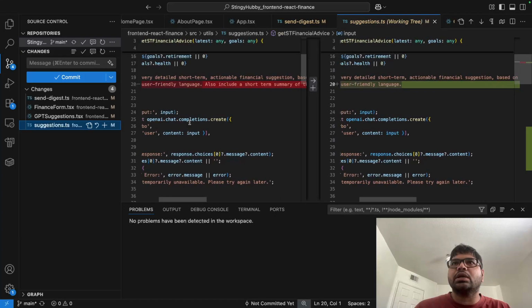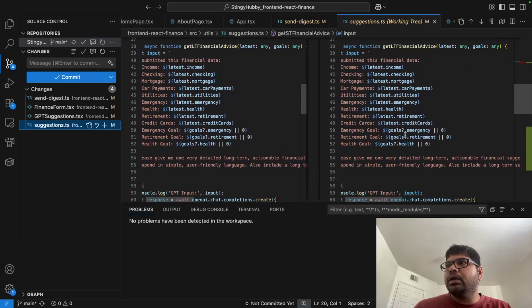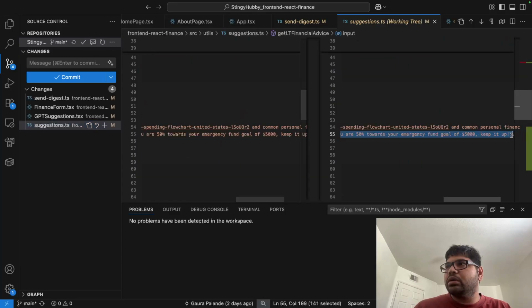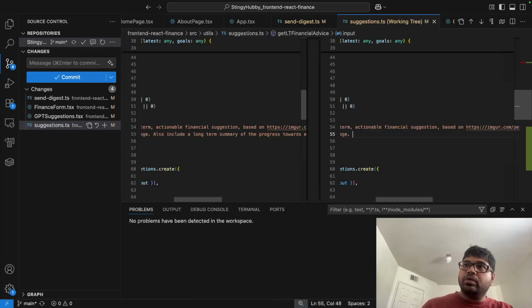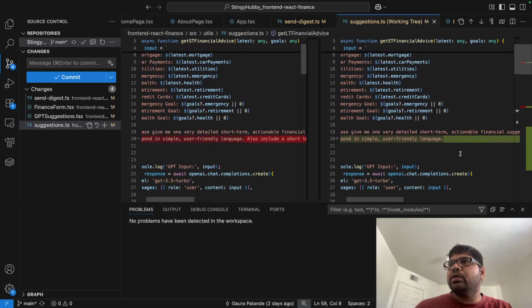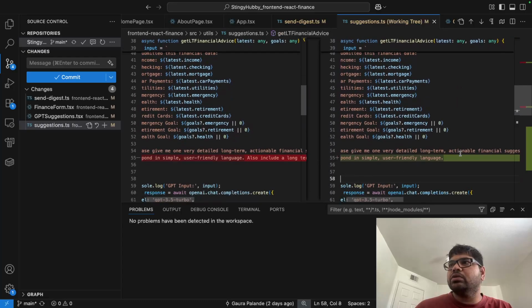We removed this section completely from that, and then let's remove this section over here as well, keep it up, remove. So similar to the short term financial advice, in the long term financial advice also we are removing